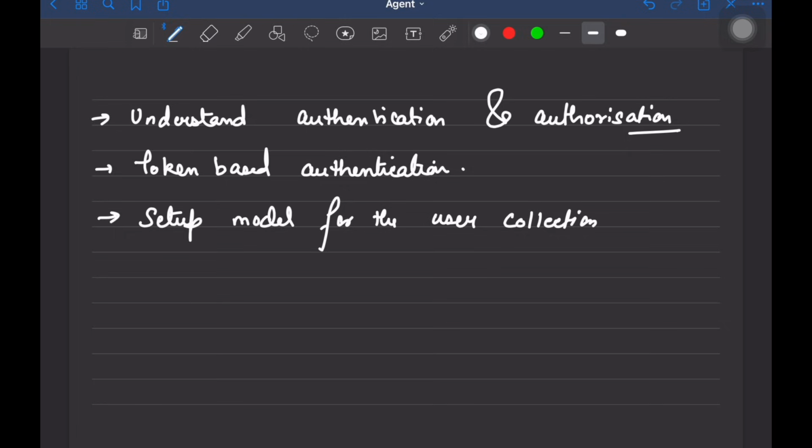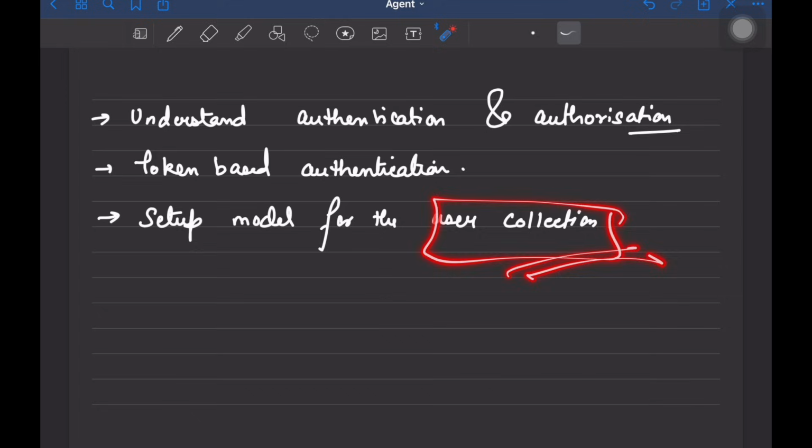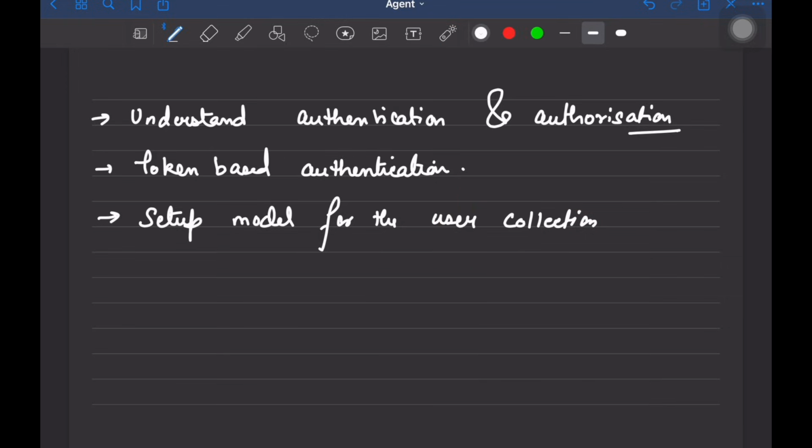The thing is, this collection that we are going to build is going to be really very important for authorization also, because we are going to store the role of the user also in the user collection. So this model setup is going to be very important. But first of all, we are going to focus things around authentication, then we will move to authorization. Then we are going to write APIs for user registration,